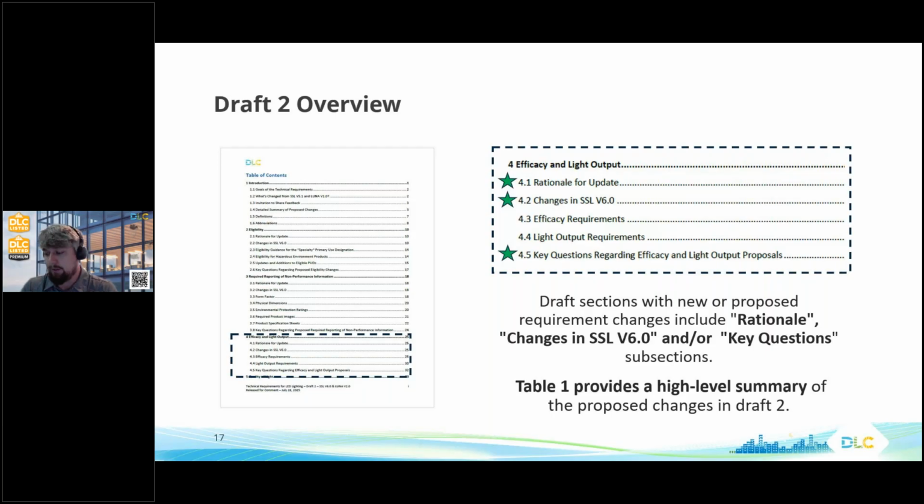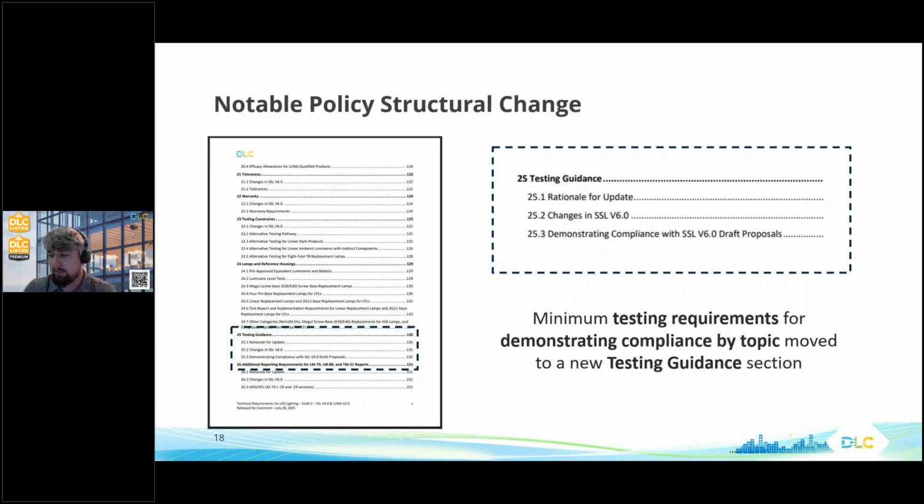All right, so now that you're familiar with what's changed, and how to identify that information in the document, let's take a look at one notable policy change that was made for Draft 2. You'll notice toward the very end of the document a new testing guidance section, and the structural change made between Draft 1 and Draft 2 is really taking all of those minimum testing requirements, which are necessary for communicating how you can actually demonstrate compliance to any particular topic,